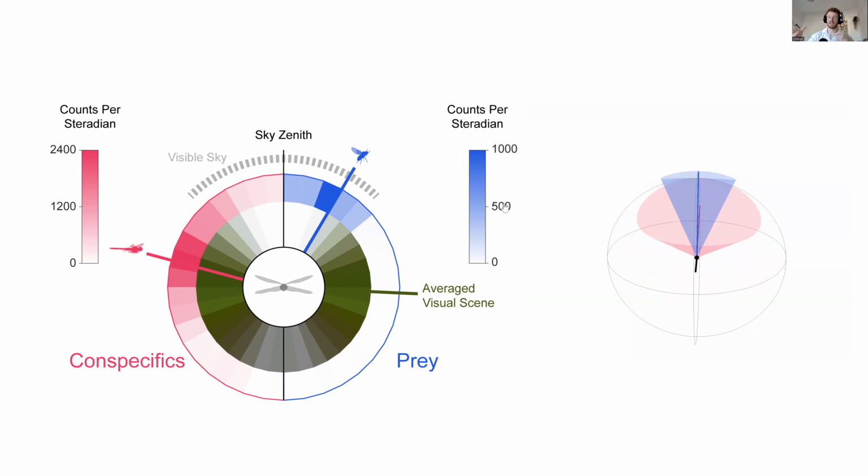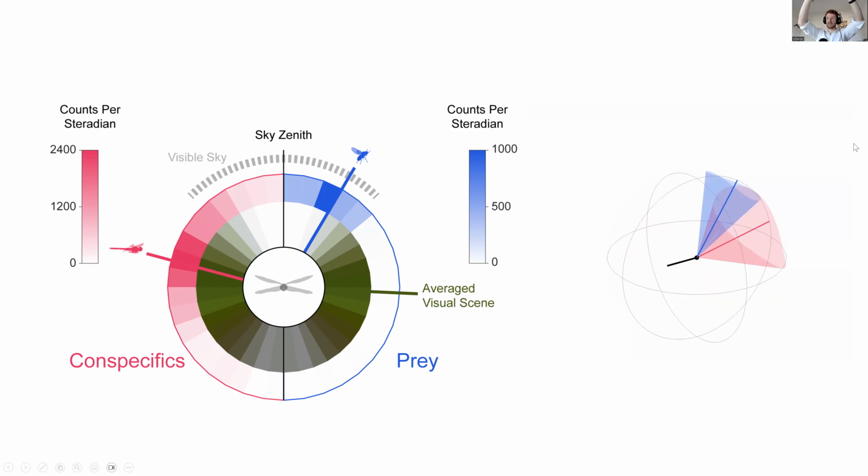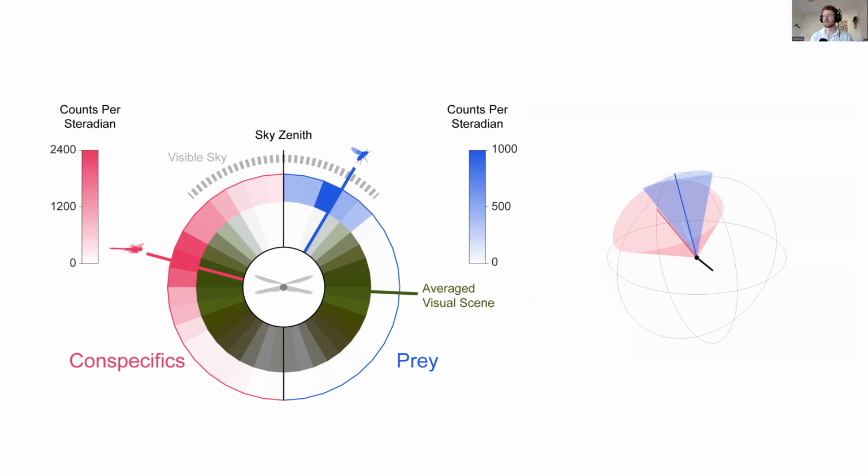And we can project both of where they see these targets onto the visual field. So I'm spinning around an idea of a dragonfly whose head is at this dot here. And we see that their prey is almost always up in that cone, which is being seen by that high resolution bit of the eye that I talked about right at the start. But actually, your conspecifics, the other ones like you, are all seen around the horizon. And so you've got this swap.